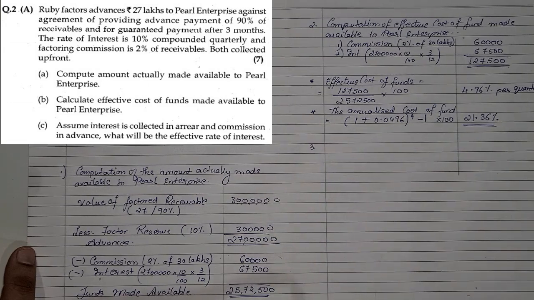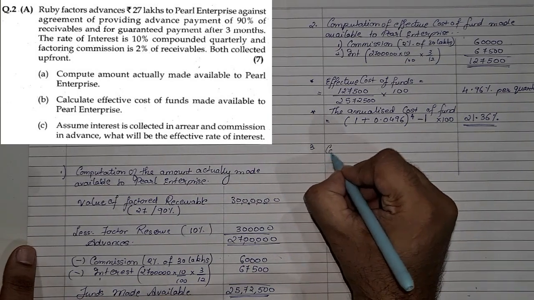Now the third part, they have asked us to find the annualized cost, assuming that the interest is now collected in arrears and commission in advance, then what will be the new effective rate? Okay, so now let us see how to solve this kind of sum. The third part, so I'm writing here,